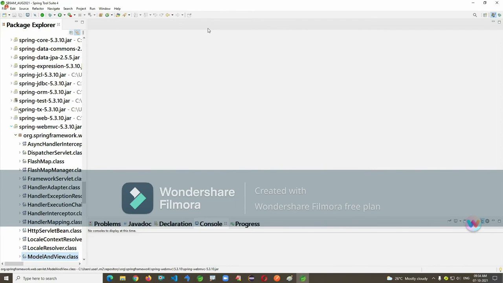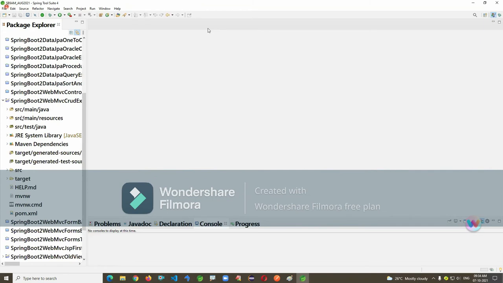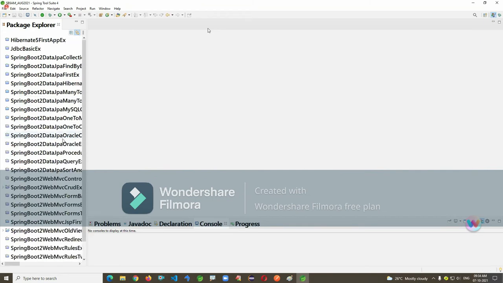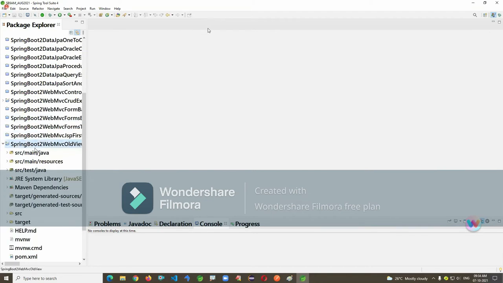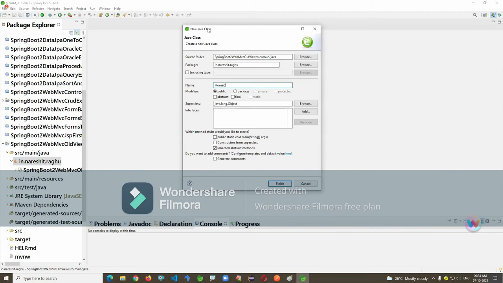So all the combinations you can use. I'll show them one by one, let me go in order. Concentrate. First I'm writing a simple application, showing both combinations here. It's a HomeController. I'm just writing a dummy one.